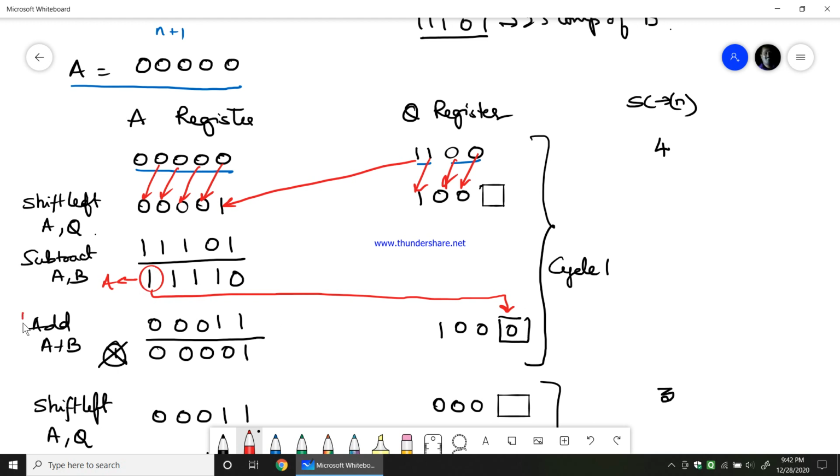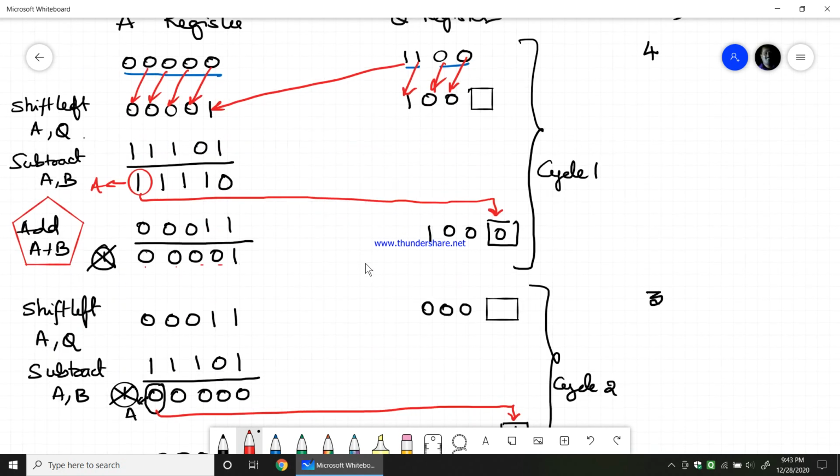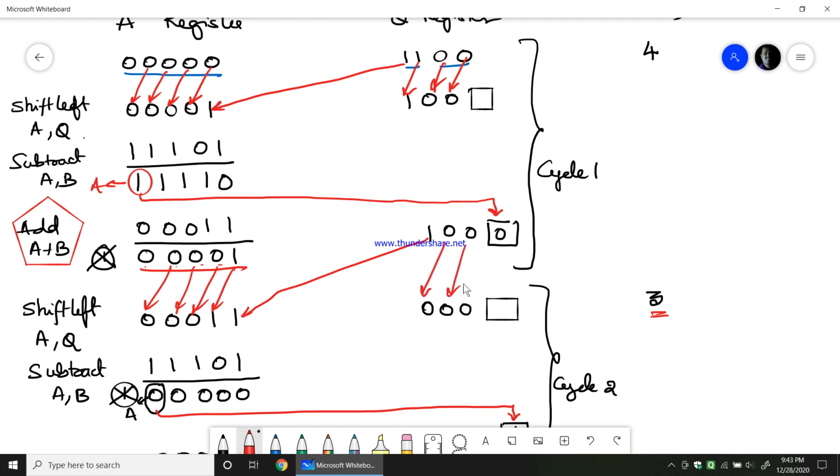After assigning Q naught to be equal to 0, we add A with the initial value of B. Once you add B, you end up getting 0, 0, 0, 1, 0, 1, and we also get a carry at the end, which we neglect. Now we decrement the counter. Counter becomes 3, so it is not equal to 0. Again, take the value of A and shift it left. So 0, 0, 0, 1, and then this one comes here. And this 0 is shifted towards left 1 bit. Each time we shift 1 bit left.